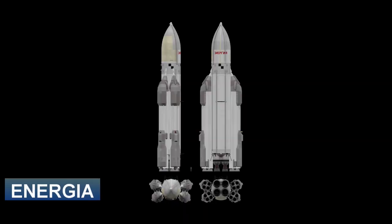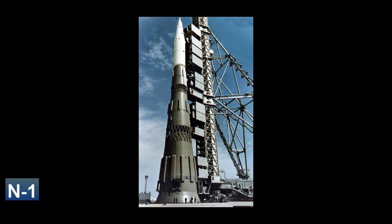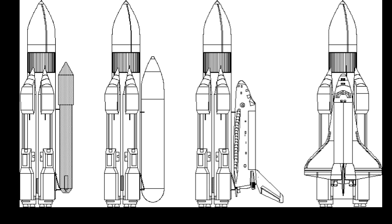Developed in parallel to the Buran orbiter project was the Energia rocket. Initial work on Energia began in 1976 following the cancellation of the failed N-1 rocket and the Soviet lunar program. It was designed to carry the Buran orbiters, and it also could be flown with other payloads instead of an orbiter as well. As the Energia rocket was being designed, it was even determined that side-mounting the orbiter on the rocket would work the best, as was done with the American orbiter, which was side-mounted on the external fuel tank